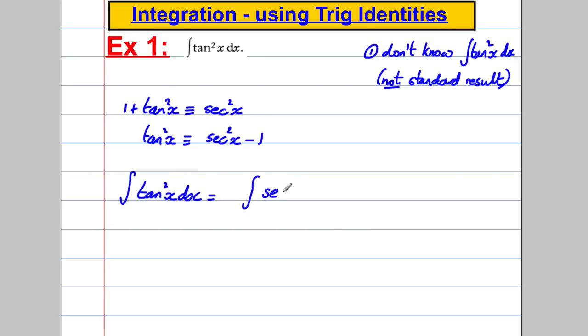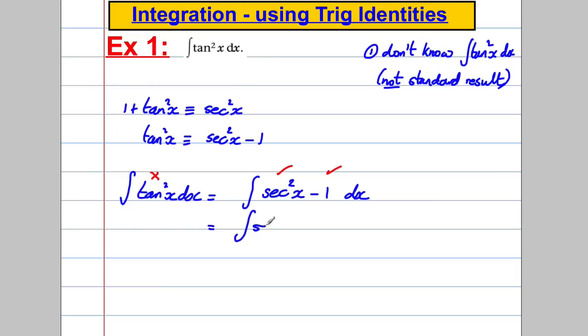So I could integrate instead sec squared x take away 1, all with respect to x. Now why is that good? Well, it's really good because I know how to integrate sec squared, it's tan. I know how to integrate 1, it's x. So I know how to integrate both of these things, whereas I didn't know how to integrate that. So I can break this up